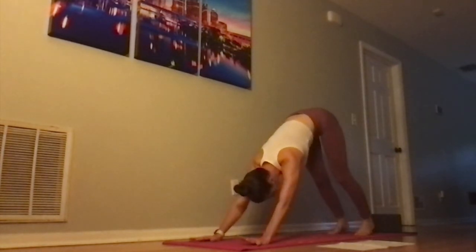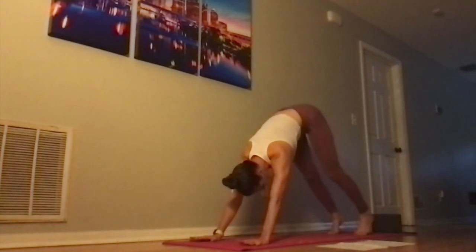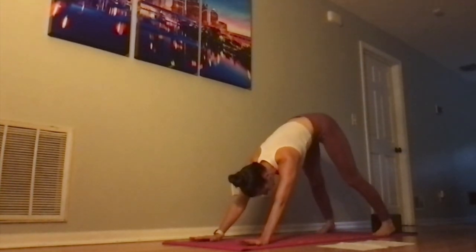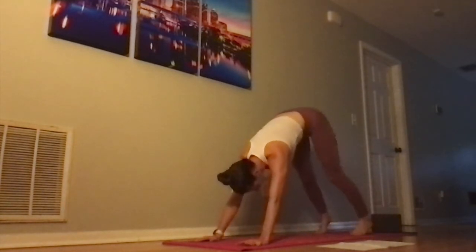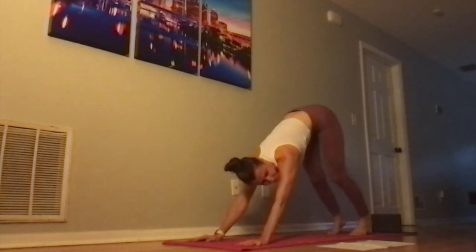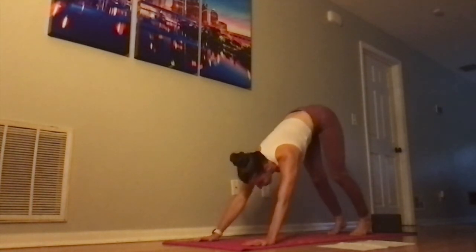While we're here, we have a couple of options. If you would like, you can widen your downward dog stance. If your hamstrings and calves are feeling tight, also you can put a slight bend in the knees if that feels better for you. We can find our breath here,